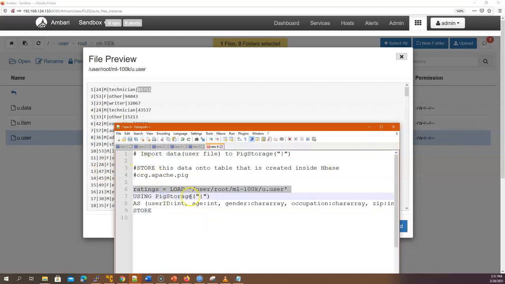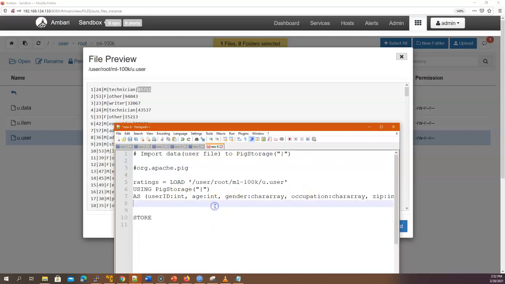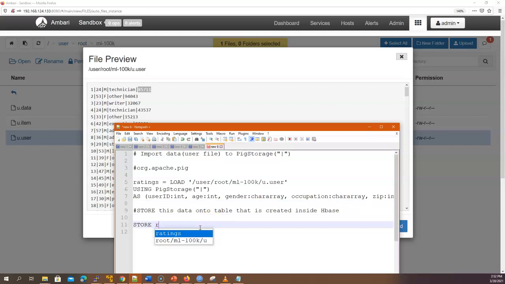Let's give some gap to show that the loading part is complete. Now the store. Let's just copy this command and store this ratings